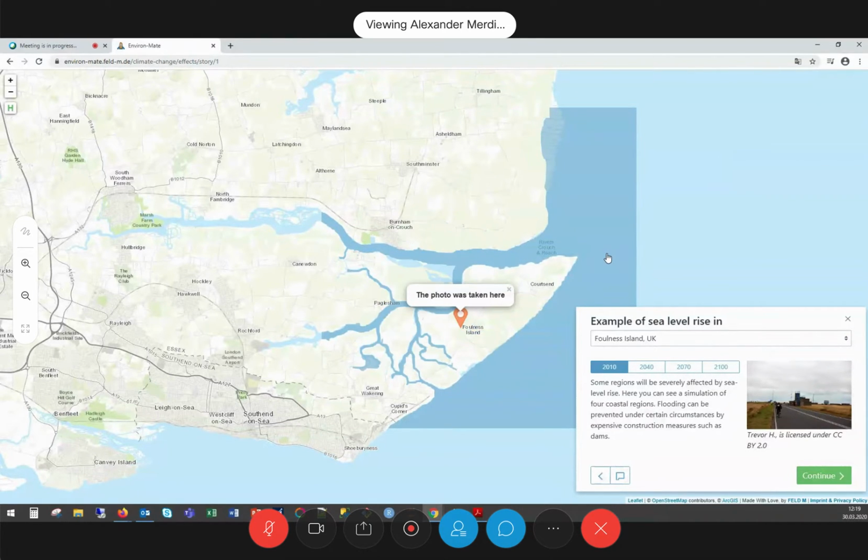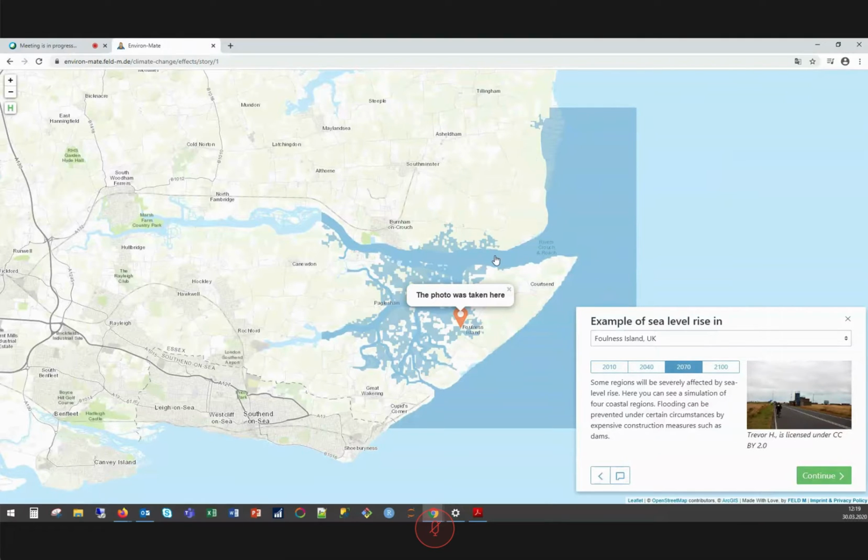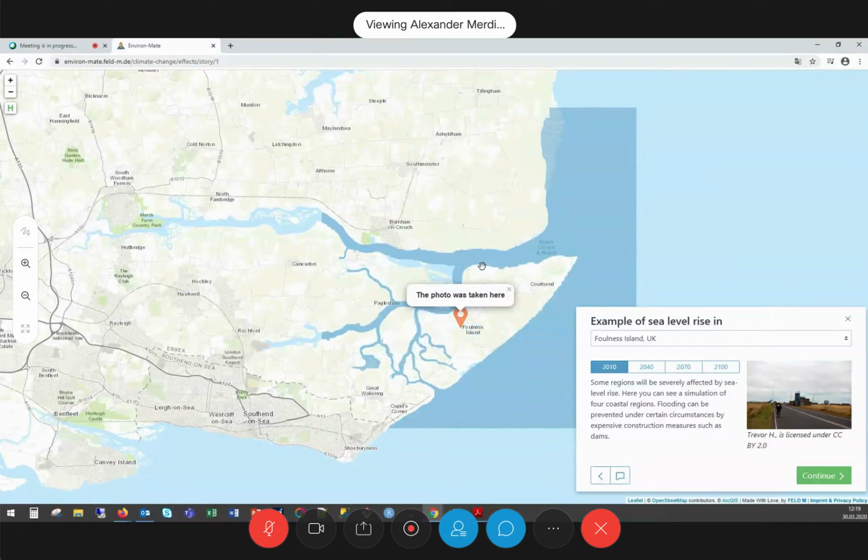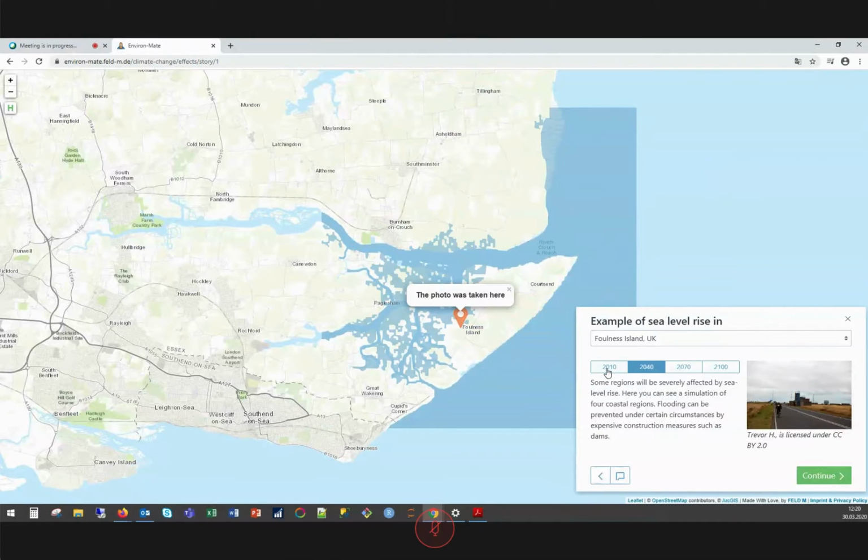And if the sea level rises, of course, the amount of water in those rivers here will rise as well and will lead to flooding in the surrounding area. So we started with 2010, the actual, more or less current state of things, and looked at projections from scientists for the next 100 years, so to say.